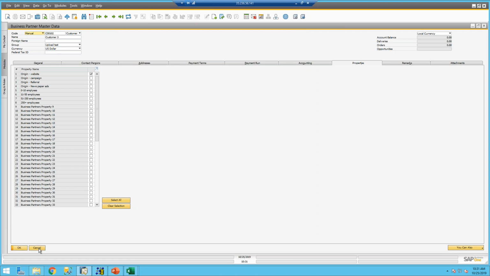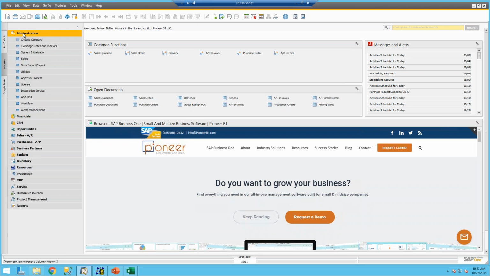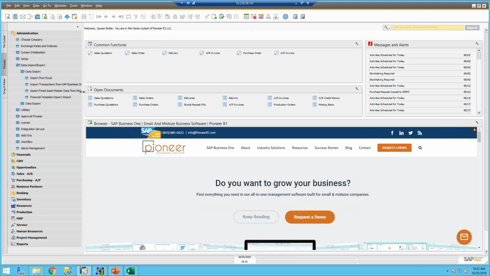If we open SAP, the import from Excel, not like DTW, which is a separate program, you will need to go and install it separately, check if it's there or not. The import from Excel is already within SAP, so you don't have to do anything. Just go find it and basically start using it. It's located under administration. We have data import and export, data import, and we have several options of importing data into SAP, but today we will focus on the option